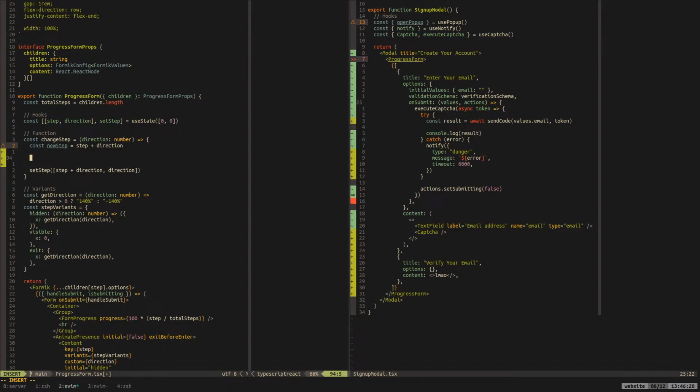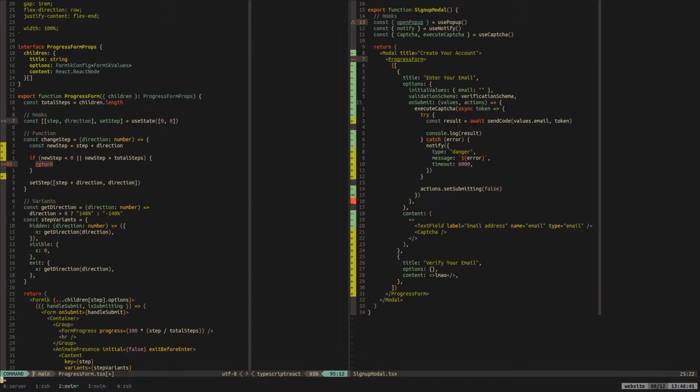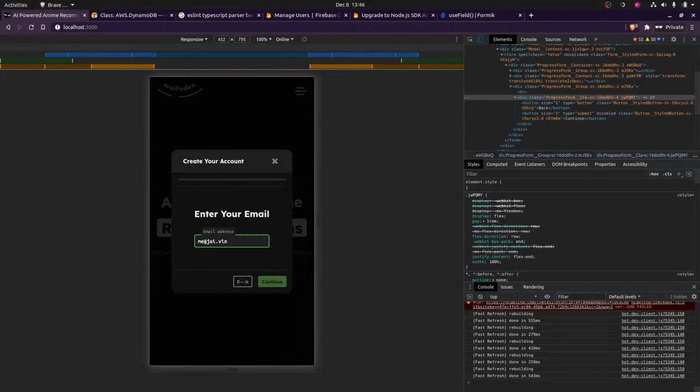So if the new step is less than 0, or the new step is greater than the total steps, then we're just going to return, because we're not going to want to do that.